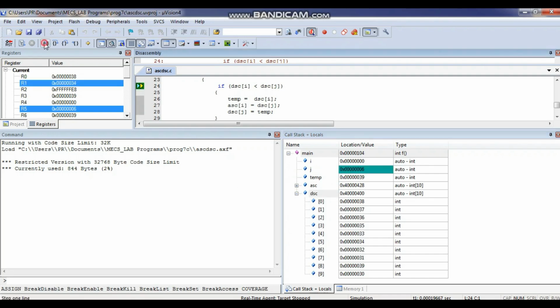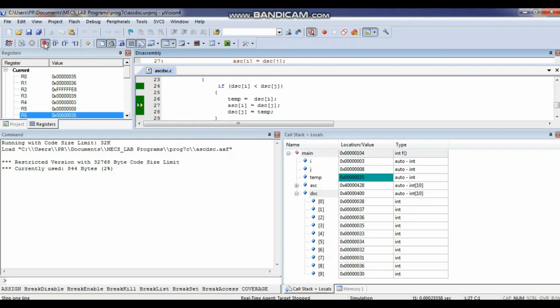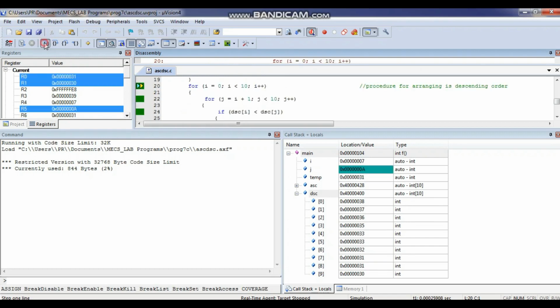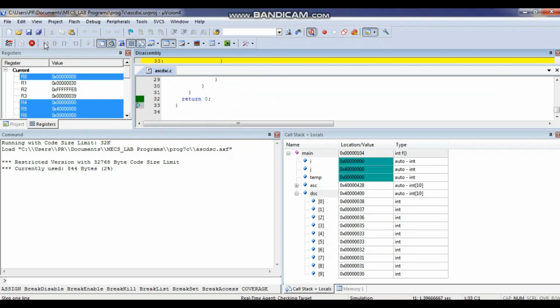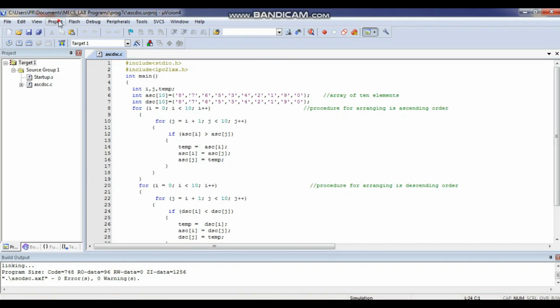Again run the program. Same thing: you have to see whether i gets to A. Till then you have to run the program. Do the step execution. i is 6, i is 7, i is 8. Now you can see the numbers are in descending order, starting from 38, 37, 36, 35, 33, 32, 31, 30 and so on. So numbers are arranged in descending order. Here we have used embedded C to explain this program because it is a simple one.